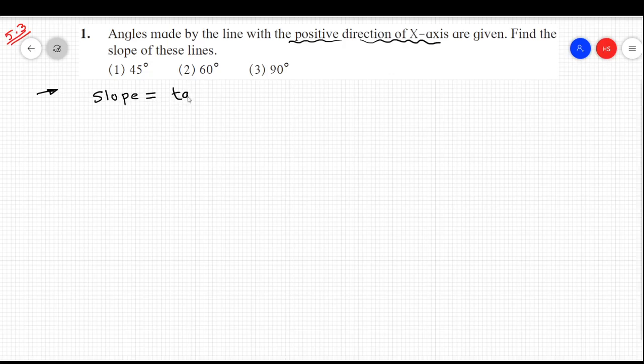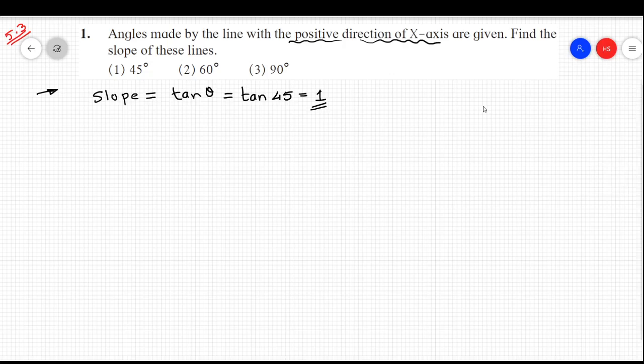The slope क्या हो जाएगा? Slope will be tan theta. And you have to find the value of tan 45 then. So what is the value of tan 45? You know it is 1, 9th standard में. Okay, चलो अगर if you don't know, let me just try to make a table quickly here